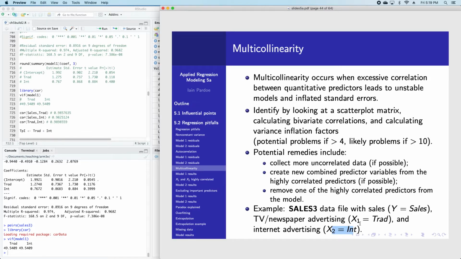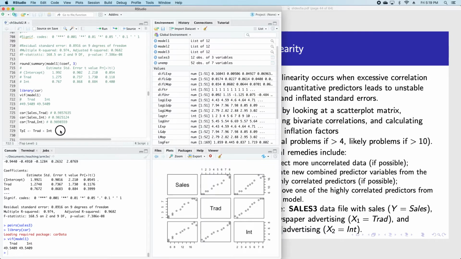I'm going to lose a little bit of information doing that, because I'm not going to be able to break this down into different forms of advertising, but hopefully I'll still get an effective model that will tell me the relationship between overall advertising and sales. So let's do that,